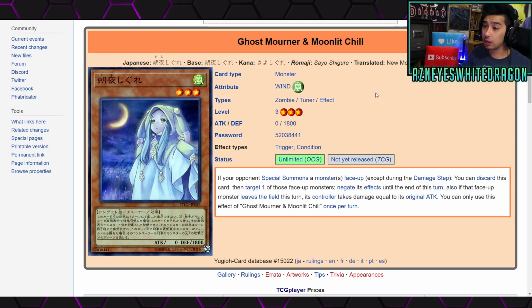If it just leaves the field, if you have any other follow-up play where you can stop it, yeah, you can maybe deal extra damage. That's where it'd be better than Veiler. Although, it works just during certain chain blocks, and it only works if your opponent special summons a monster face up. The "except during the damage step" isn't really that big of a difference compared to Veiler, but mostly, if your opponent happens to summon something you can just stop immediately and it's a normal summon, then yeah, Veiler